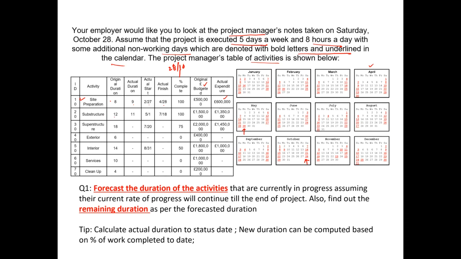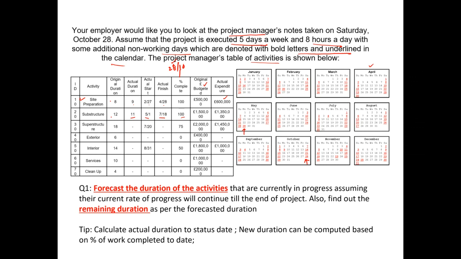The second activity was substructure, which was supposed to take 12 weeks. Actually, it was completed in 11 weeks. It was supposed to start on 1st of May, and actual finish date was 18th of July. And on the reporting date, which is 28th of October, it has been completed 100%. The original budget was 1.5 million, and it has been accomplished in a slightly lesser budget of